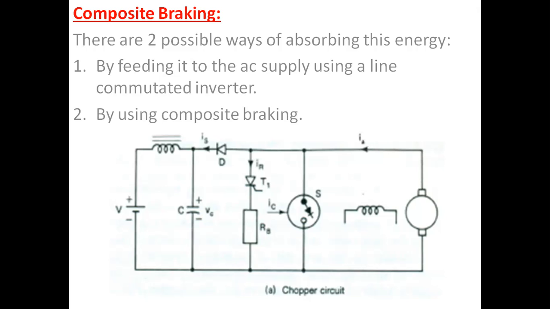So there should be some loads available to use this energy. If the loads are not adequate to consume all the regenerated energy, and you are not able to store it, how can we dissipate it? It is not possible. So the combination of regenerative and dynamic braking, where we use both, is called composite braking. Actually, these composite brakings are mainly used in DC tractions.